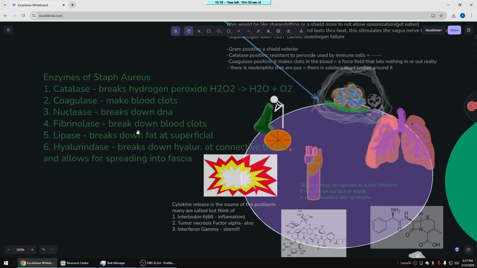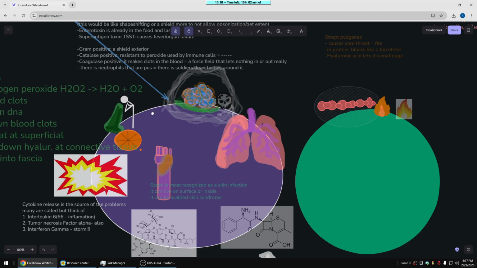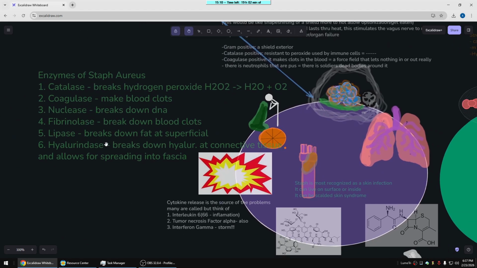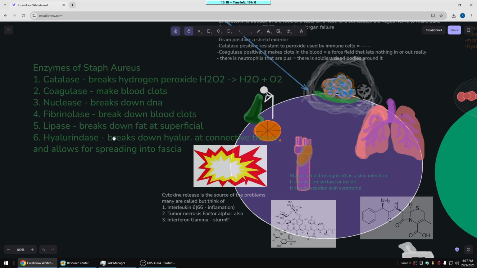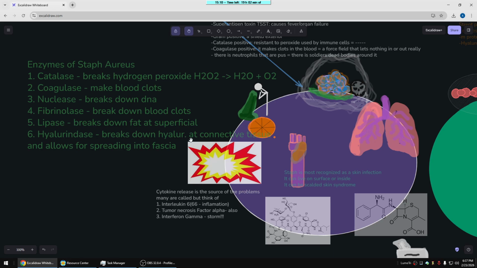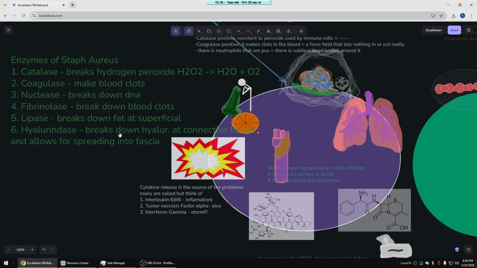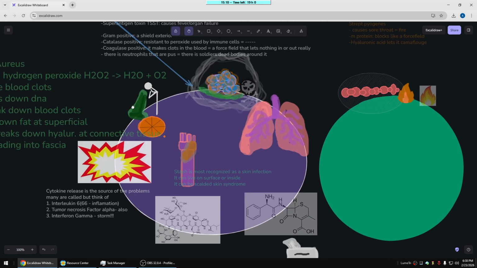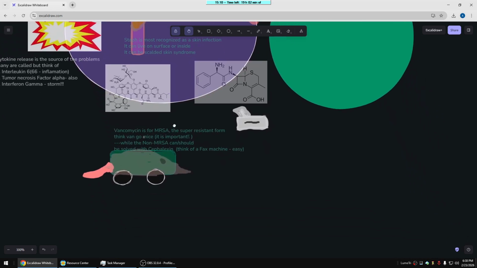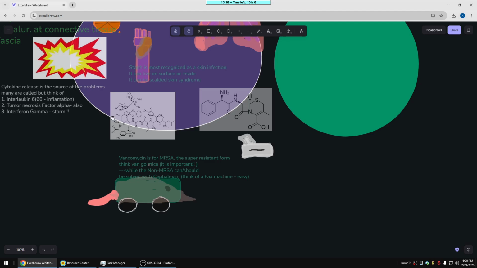Fibrinolysin breaks down blood clots, so they both are able to do that too. Lipase breaks down fat at the superficial level. Hyaluronidase breaks down hyaluronic acid in connective tissue, and it allows for spreading to the fascia. So important. Many enzymes, many cytokines, and just to get this over with,